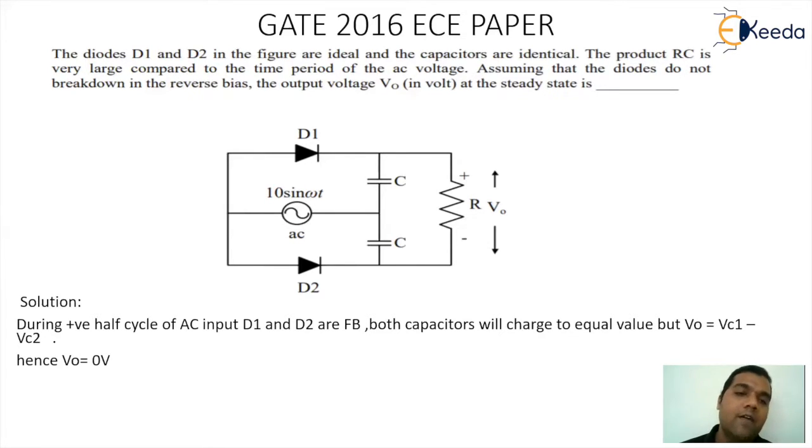When we talk about the negative half cycle, both the diodes D1 and D2 will be in the reverse bias state. So if the capacitors are not charging, or even if they are charging due to reverse current, in this situation the charge value will be equal but opposite. Or if I consider ideal behavior, the capacitor will not charge. In either case, the output VO will remain 0. That's the reason when we see the combination of the positive half cycle and the negative half cycle, the steady state output voltage VO will remain 0 only.